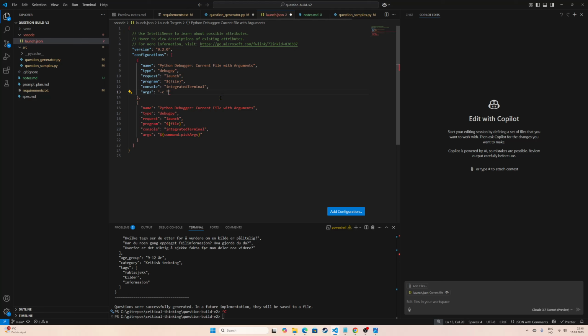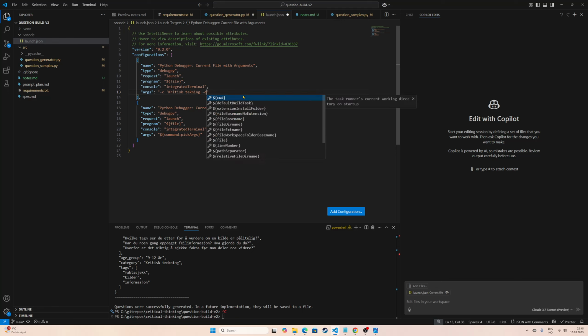Category. Is this an array or not? Shell escape. Let's try. Description